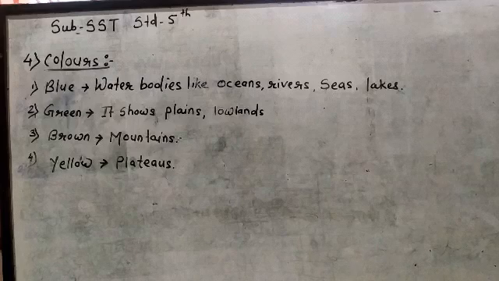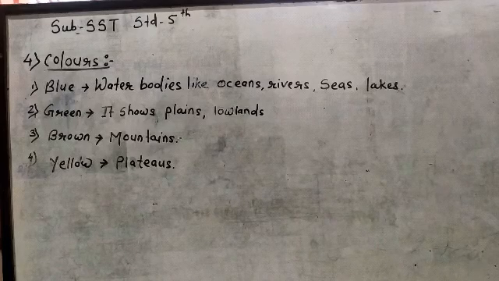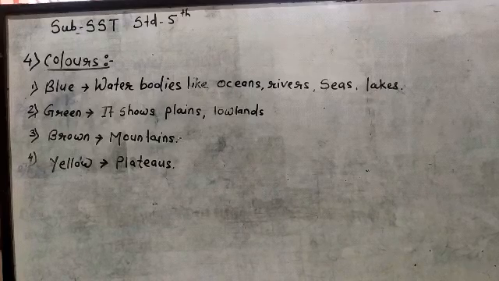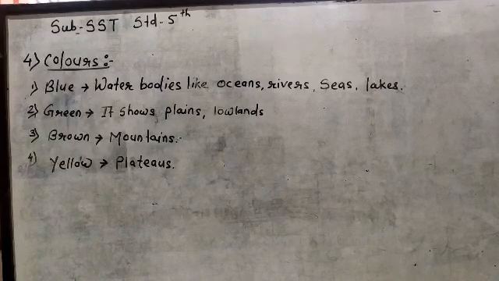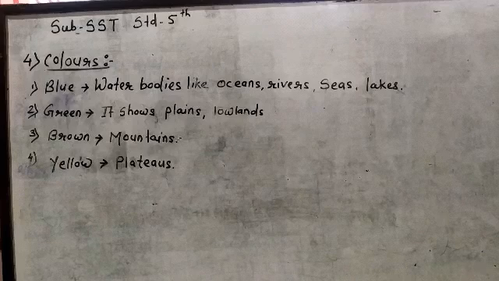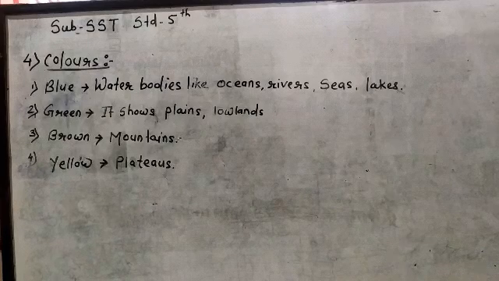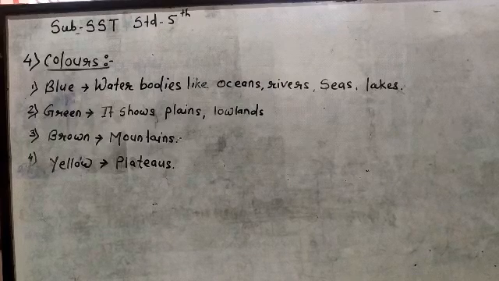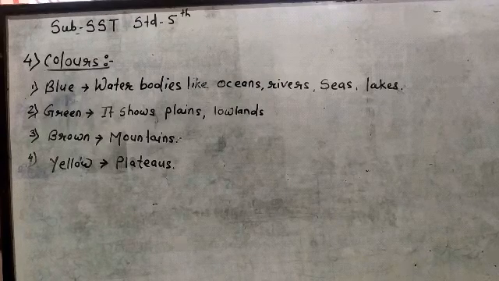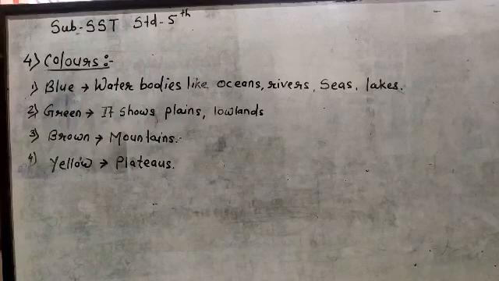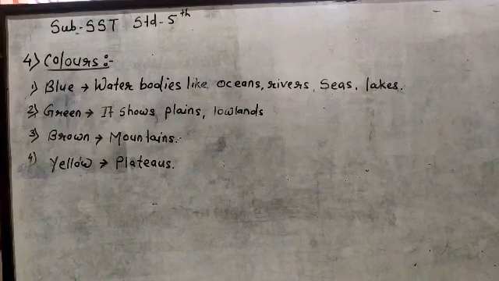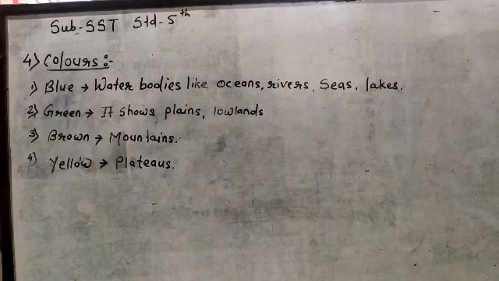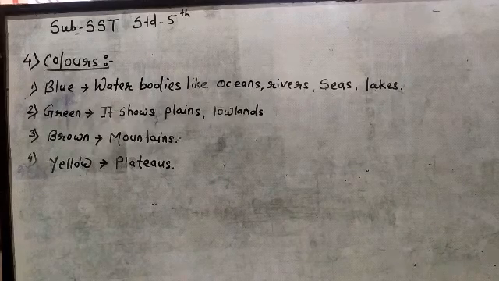See the map on page number 14, physical map of India. So this map shows the physical features of India. Like brown color shows the mountains in the map, light green color shows the plains, dark green color shows the coastal plains, pink color shows the plateaus and the yellow color shows the deserts. So in the physical map of India, we will see the physical features of India. Right? Physical map shows the physical, geographical features of India.